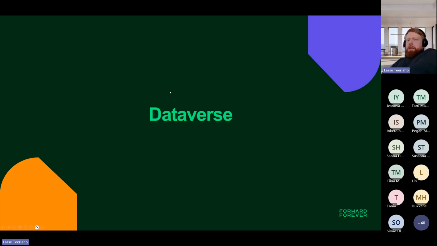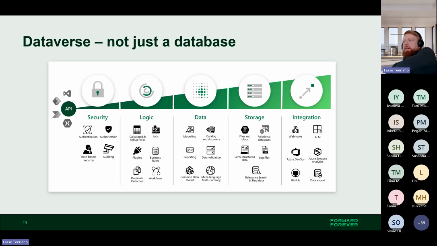Okay, then this Dataverse that I mentioned. Even though I say that it's a database, actually Dataverse is not just a database. It has a lot of stuff that comes out of the box, stuff that has been taken care of. It provides APIs, it provides webhooks, it takes care of the security to the data. So quite often in the beginning, you are tempted to use some other database for your apps, but I would say that the first database for the apps you should be using